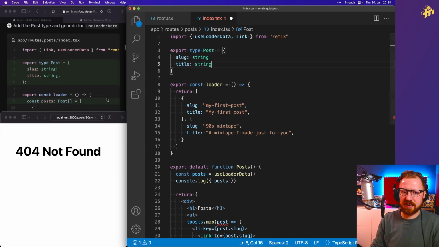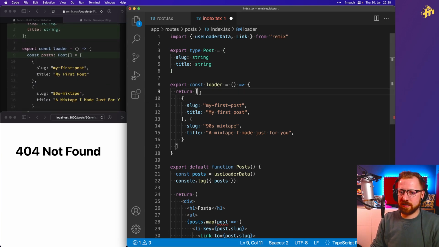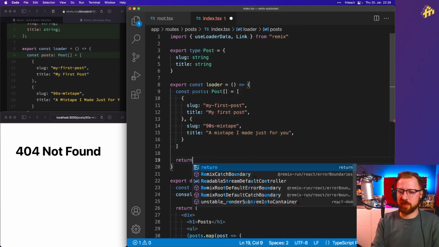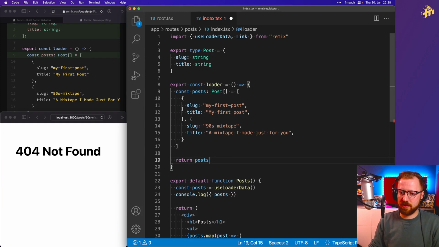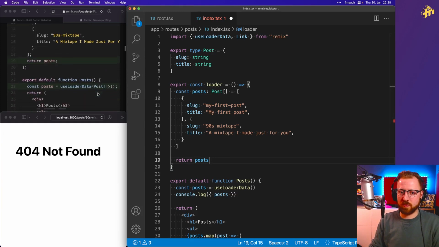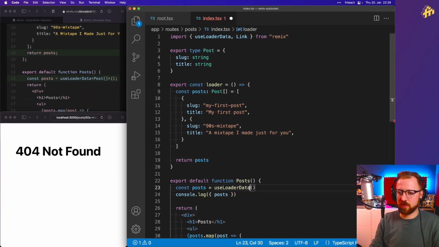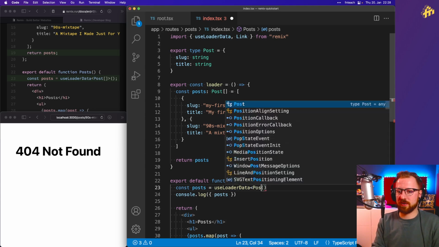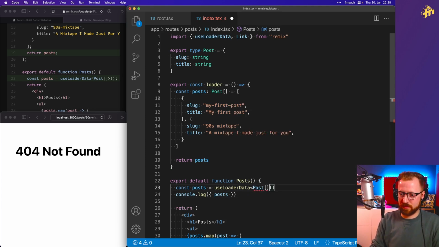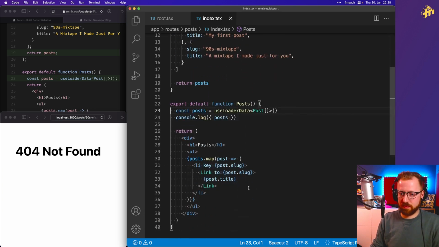And then it's enough to, here where we have the loader, instead of returning it, we are going to assign that to a variable first. Posts is of type post array. And then afterwards we're going to return the posts, and that is 1. Also for the use loader data, we are going to say the loader data is an array of posts, and